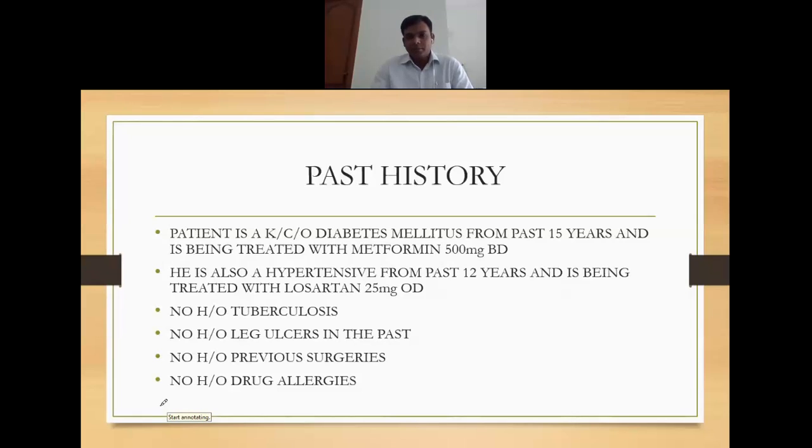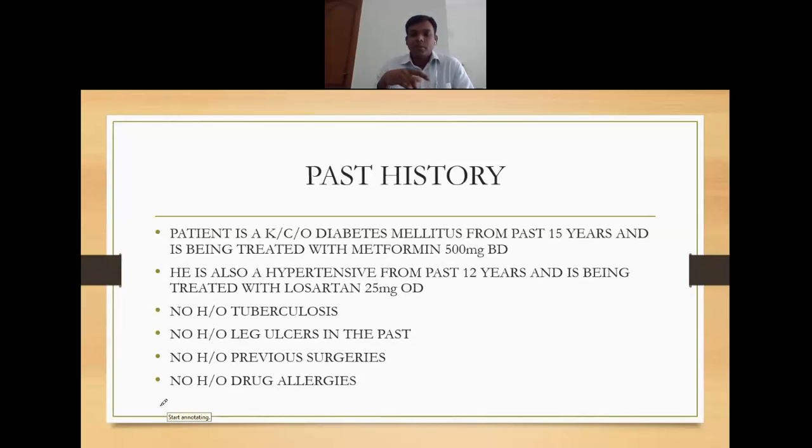One more thing is if he is recently diagnosed diabetic, like he has come for this and immediately he has got to know that he has got diabetes. Whether he is on regular follow-up and medications or not. Sometimes they will be taking native medicines like some Ayurvedic or homeopathic, or sometimes Baba Ramdev, Patanjali. There are a lot of people who follow. So you have to tell whether he is on oral hypoglycemics or insulin.